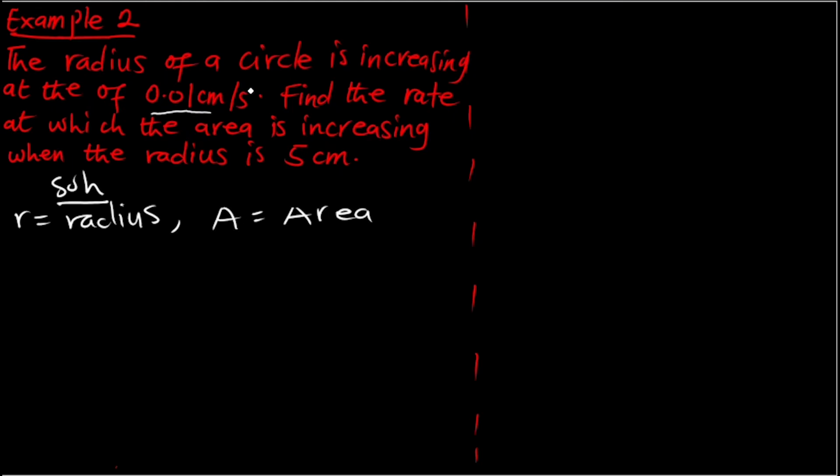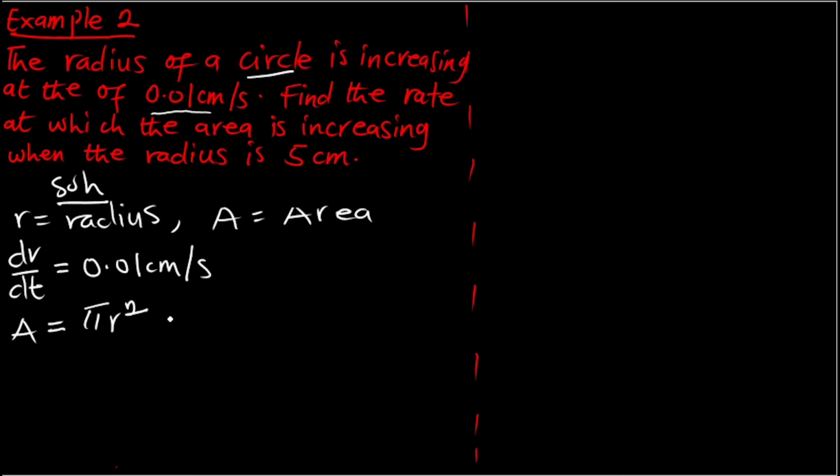Even if you look at the unit, centimeter per what? Second. Meaning radius per time. So can we say our dr on dt is equal to 0.01. Check the unit, it will give you the clue. r per second, which is time. Are we good? Find the rate at which the area is increasing when the radius is 5. Area is increasing. Can we know the area of a circle? Yes. The area A of a circle is pi r squared. Given that the radius is 5, our r is equal to 5